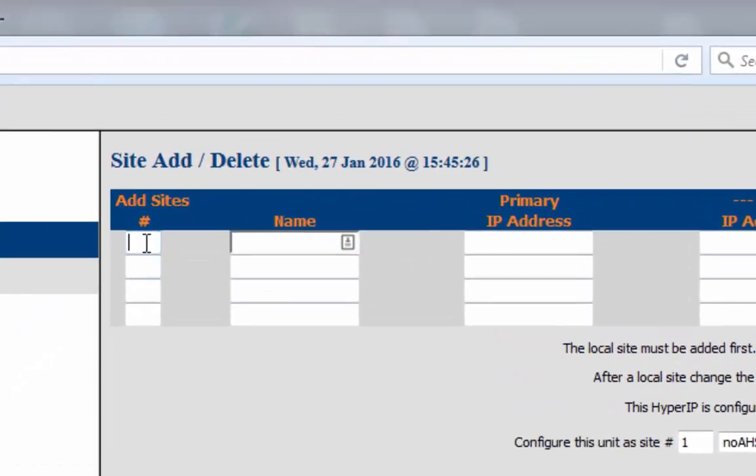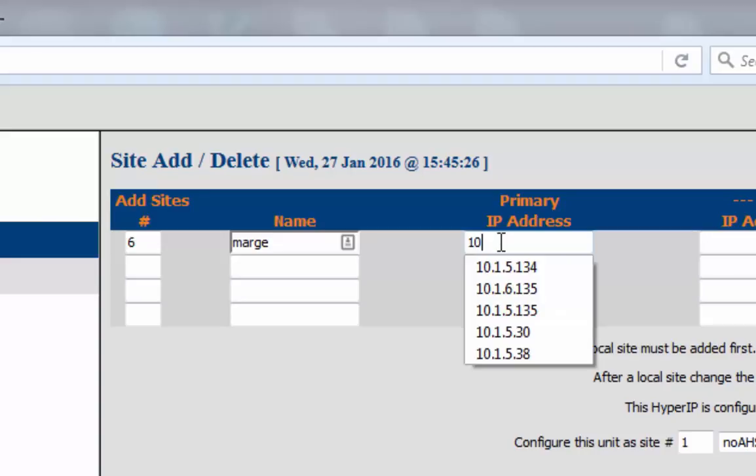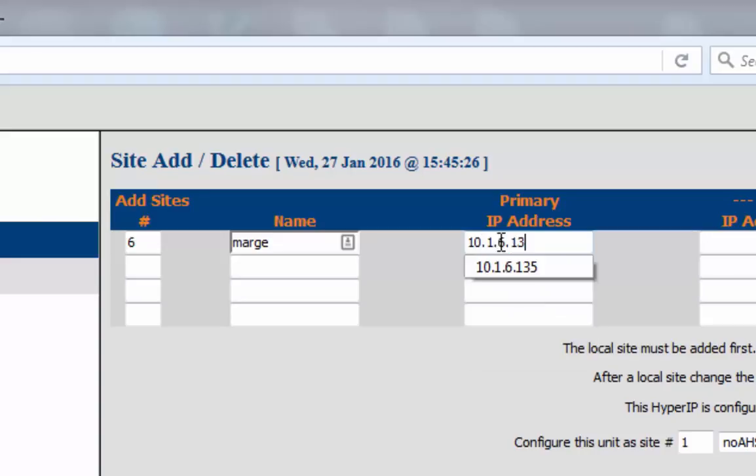Site number is a unique identifier for this HyperIP or AHS pair. The number can be anything between 1 and 99. I'll use site number 6 for Marge. All additional HyperIPs must use site number 6 when defining Marge in their configuration. Site name is used to identify each site and is shown in displays and configuration drop-down menus. The primary IP address is the data port address of the HyperIP being configured. For Marge, this is